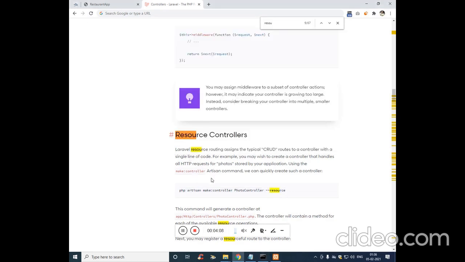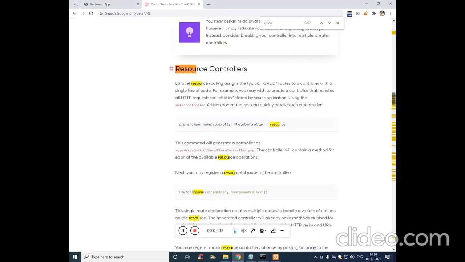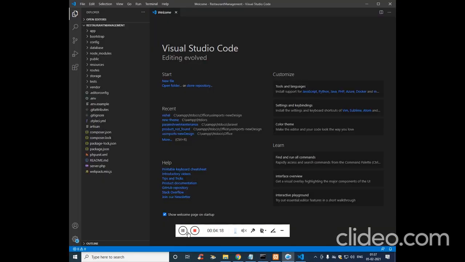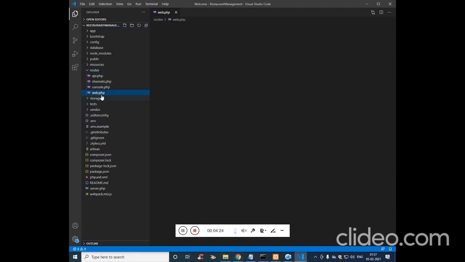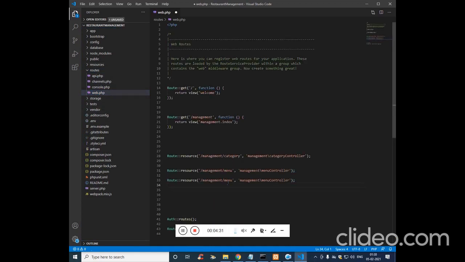Fine. Now we have made the resources. To add the resources, you have to get into web.php. I have to open Visual Studio Code. I'll pause it and open it. So let's get into web.php, which is available in routes. We have to define the URL here, which we have already done a couple of times. Now let's define the URL as table, and pass the controller name, which we created right now using the command prompt. Once this is done,